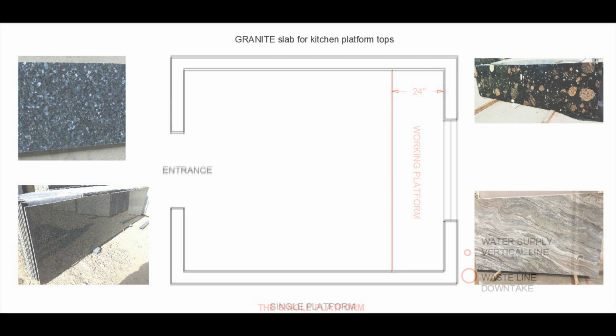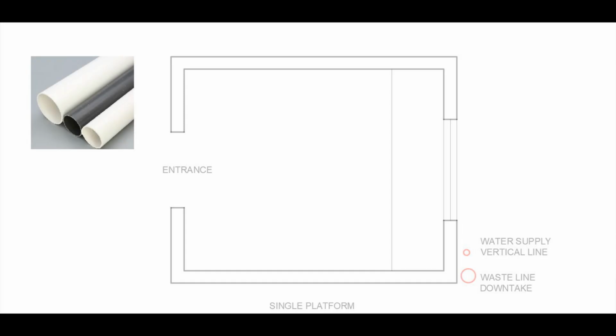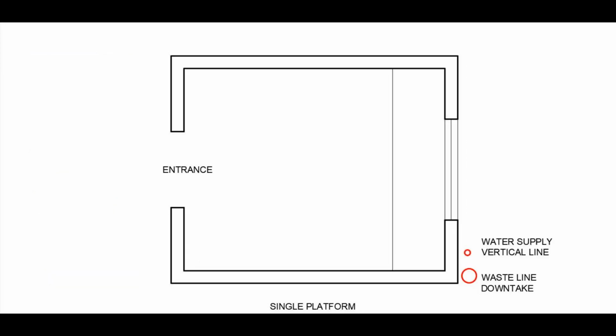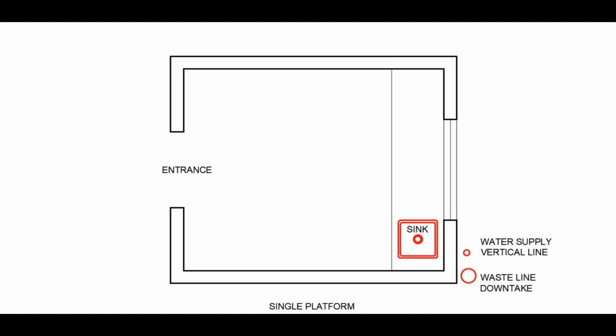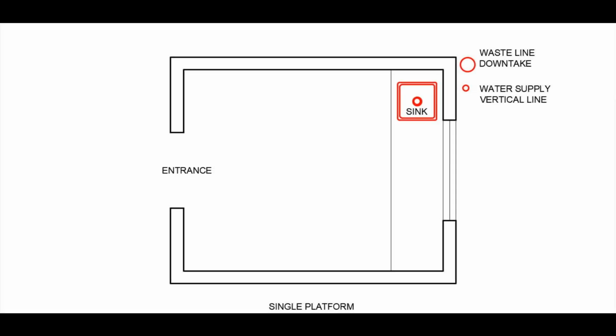Next comes the positioning the sink. For this, I would suggest that you find out in which direction the supply line is coming inside the kitchen and the drainage line is going outside the kitchen. So accordingly, if these pipes are on the right, then you put the sink on the right side, and if these are on the left, then you put the sink on the left side. You may take the help of your plumber to find that out.